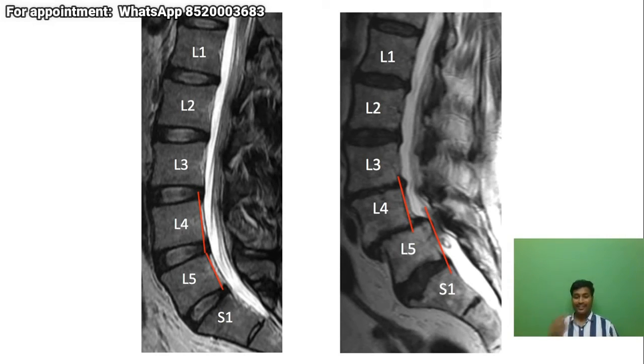Okay, what is PIP? People are asking. That is picture in picture. The way you are seeing my picture in yours, you are able to see my PowerPoint presentation with my photograph. Physioplexus Academy was asking me. So that is my picture in picture. Exactly when you see an MRI, the way you are seeing on my screen, the place where you are seeing my picture, there will be a small sagittal cut which is given with a horizontal line. That is known as the scout image. That horizontal line shows the level of disc, the level of the axial cut.